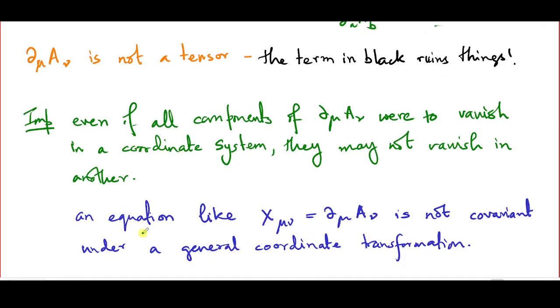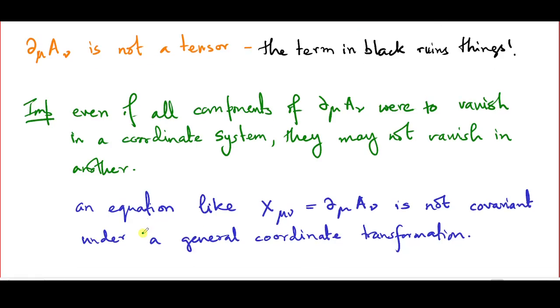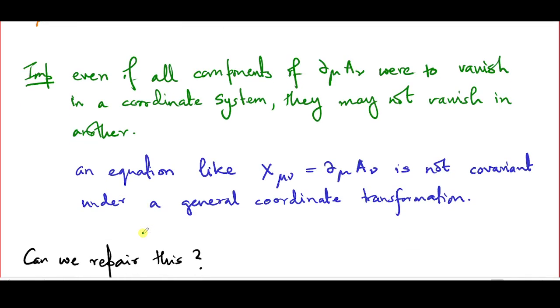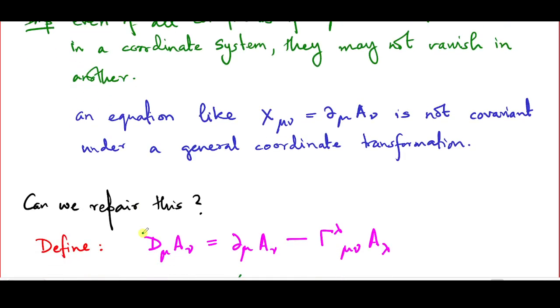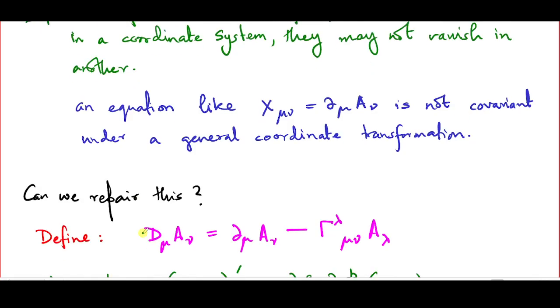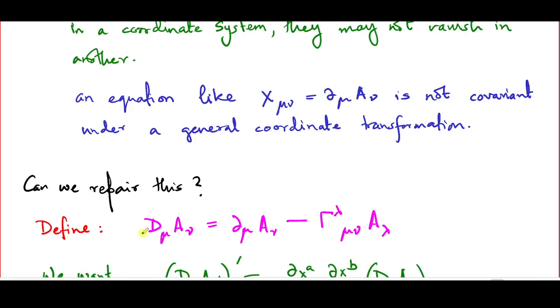So if you have an equation like x mu nu equals del mu nu, where x mu nu is known to be a tensor, this may even be correct in some frame, but will not be correct in all coordinates. The question now is, how do we remedy the situation? Let us now try to define a different kind of derivative. We will talk about the geometrical meaning of this derivative in great detail in a later lecture, but for the time being, let us just take a look at a definition,